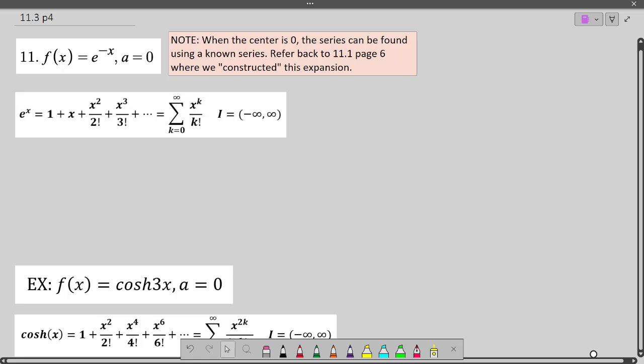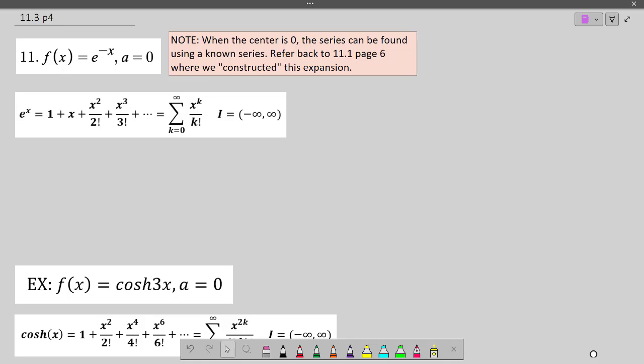Okay, so now here's one that's centered at the origin. If we see find a Taylor series when the center is the origin, aka a Maclaurin series, we're just going to grab one of our known power series and do what needs to be done. So here what we see is, we're just going to replace all the x's with negative x. That's our strategy. So the power series for e to the negative x, if we write it in expanded form,